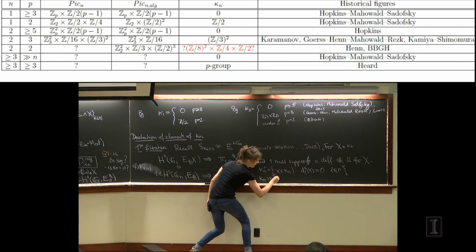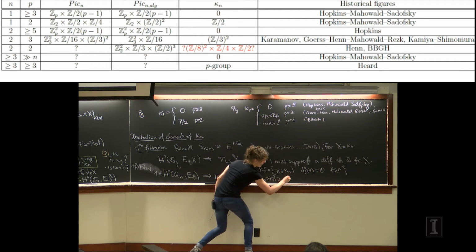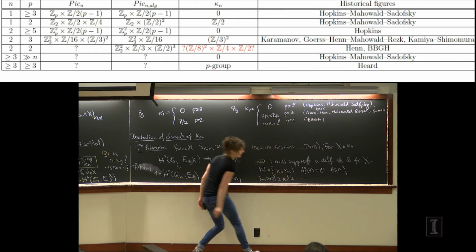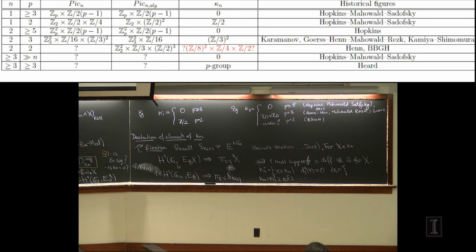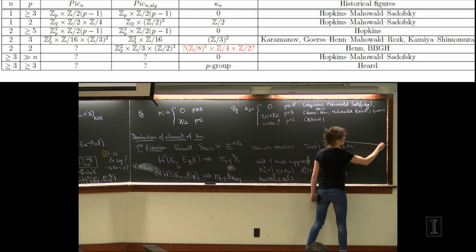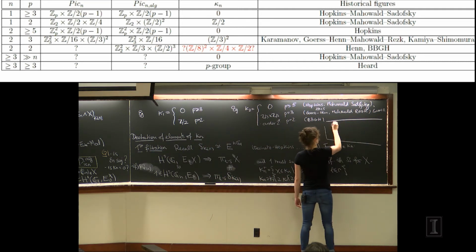So you get kappa n3, kappa n5, ... OK? So you get a filtration like that of the Picard group. OK? And so another question that's open is,